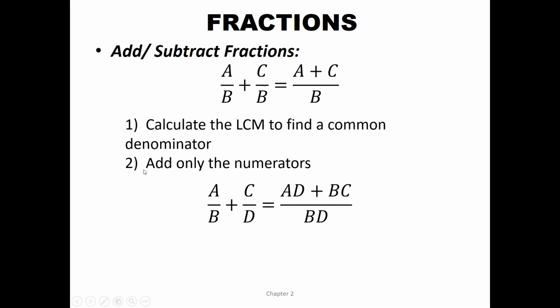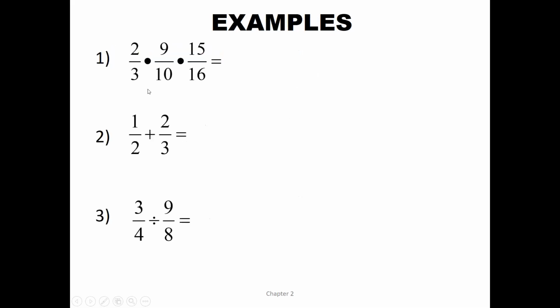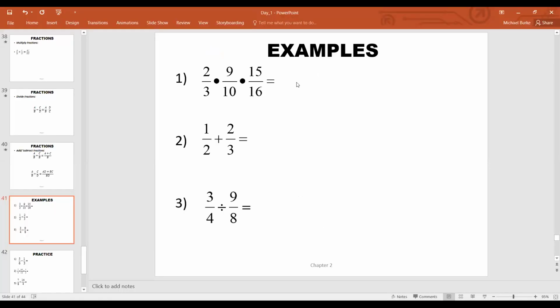Okay, so we can calculate the lowest common denominator, or lowest common multiple, to find a common denominator. We don't need the lowest common multiple because we'll reduce it later. But we've got B times D. We just multiply them. Okay, so here are some examples. And again, I'm going to escape out and do some of these. So now we have 2 times 9 is 18 times